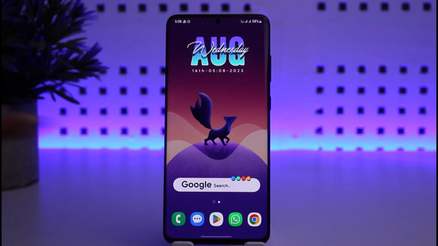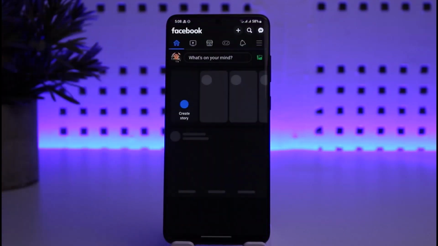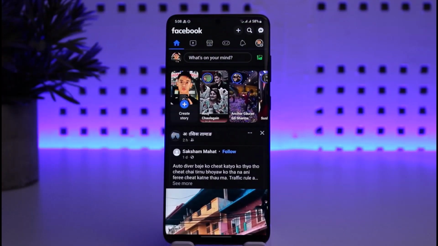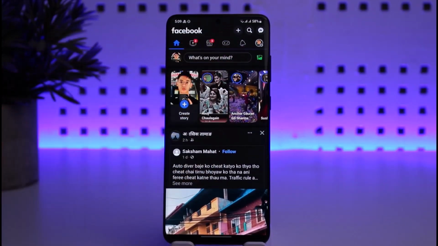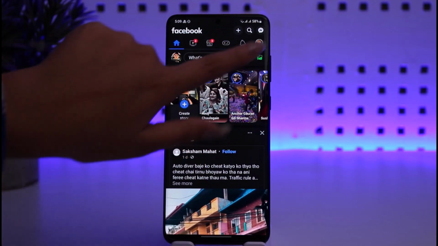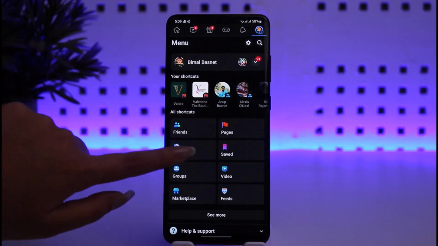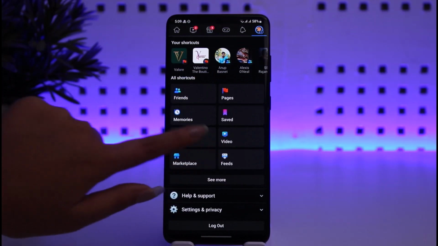For that matter, what you're going to do is first of all open up your Facebook app. Once you have opened up your Facebook app, you're going to tap on this friends list, which is not over here. This icon only comes up if you use it regularly. So for that, we're going to go to our profile with the 3 horizontal lines and tap on this option called friends